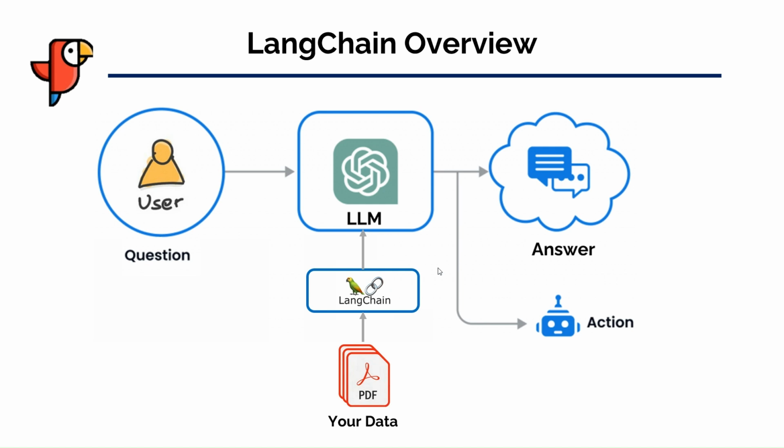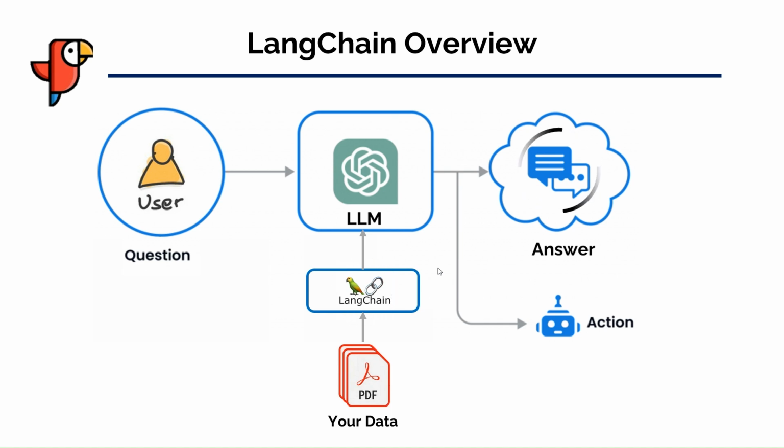Here's a simple flowchart of LangChain. The user may directly ask a question from a specific large language model such as GPT. LangChain supports various language models. The user can also connect its own data to the language model through LangChain to get more relevant or customized answers from it. For example, he can connect his own PDF files to the language model as an external source